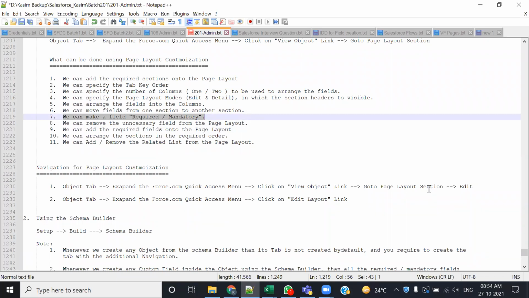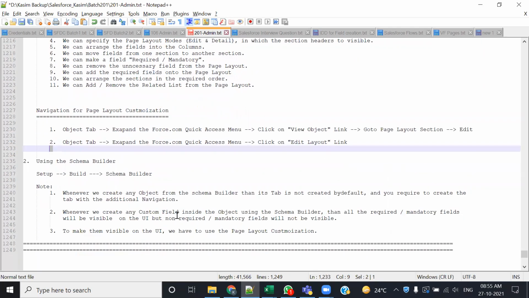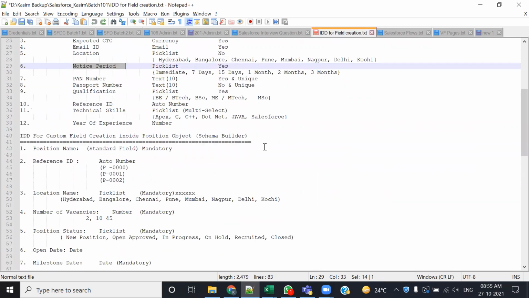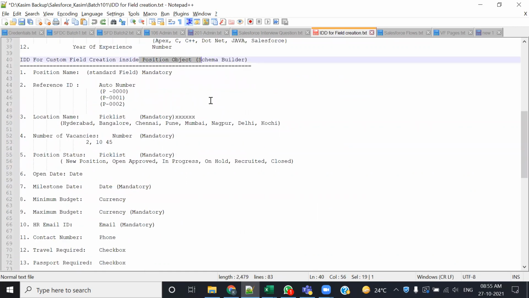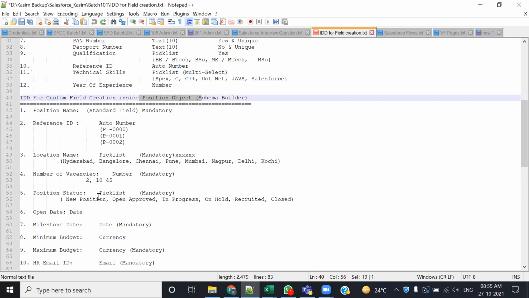और इसके साथ ही जब ये हो गया, तो कल फिर हम लोग स्टार्ट करेंगे कि how with the help of schema builder, with the help of schema builder, how you could create an object, how you could create the fields, and arrange the fields also. तो अभी एक ऑब्जेक्ट बचा है अपना, that is the position object. पोजीशन ऑब्जेक्ट along with the fields, all these fields ये हमको क्रिएट करना है। By tomorrow we are going to cover this with the help of schema builder, और यहाँ पे हम लोग pros and cons भी डिस्कस करने वाले हैं। What are the advantages with this technique, schema builder, and then what are the disadvantages also, ये भी कल हम डिस्कस करेंगे।